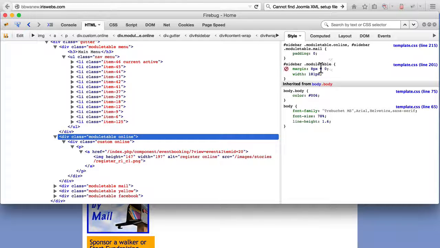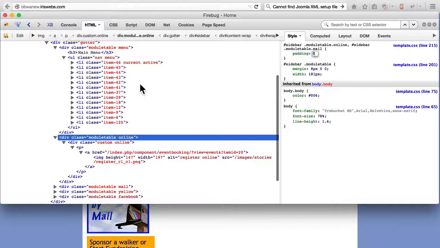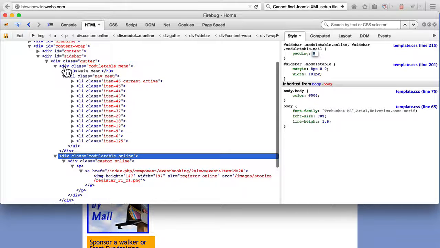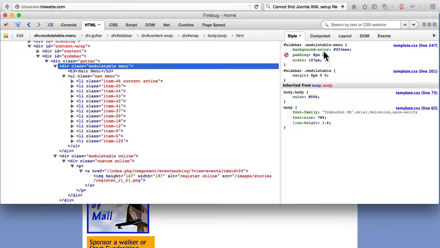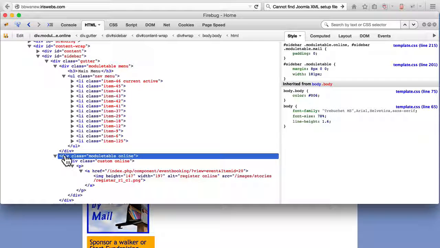A plain old ordinary module table has a width of 181. Let's look at one of those others. Let's look at the module table for the menu. The menu has a width of 197 and padding. My online module has zeroed out that padding, and it is working back with something that had a width of